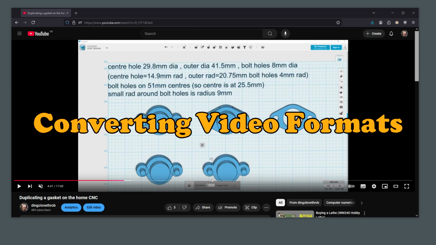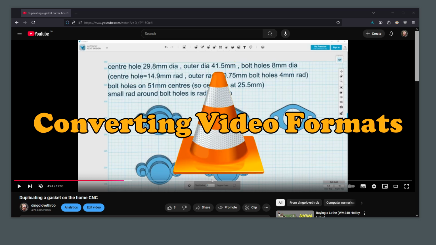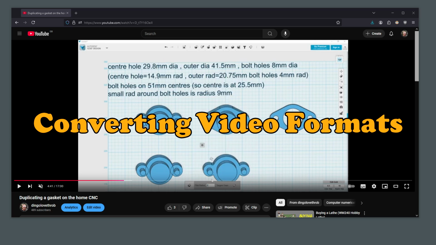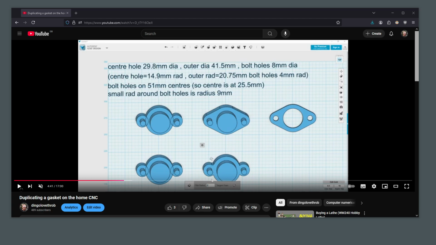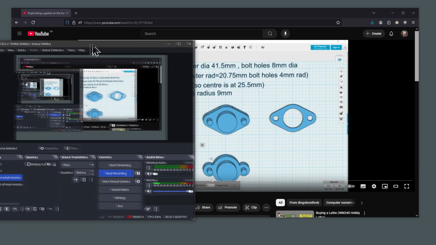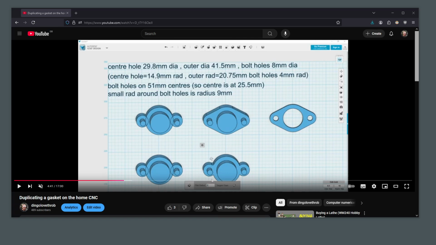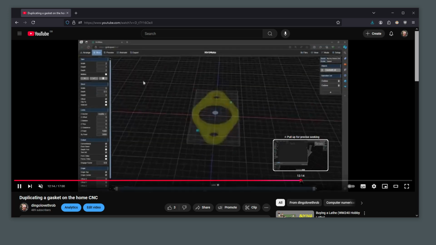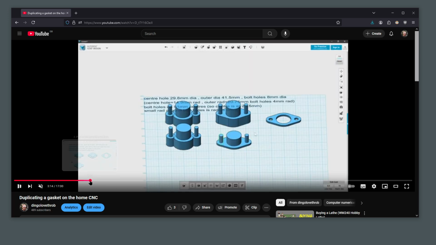So one of the main things that I use VLC Player for is to convert videos from one format to another. So if, for example, I was to use OBS software, which is running on a different window at the moment, here it is, and I was to record this window and play some video and do some things, move the video about and so forth, and to generate a file with this